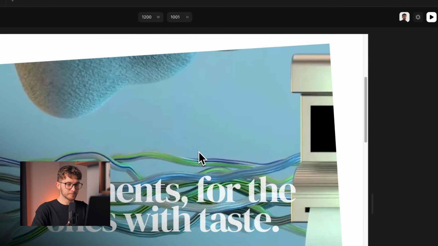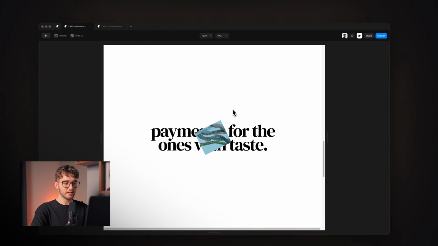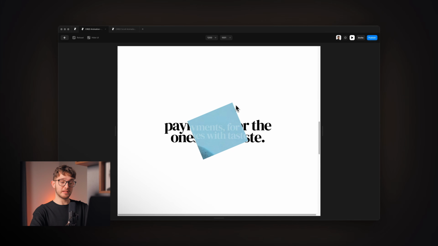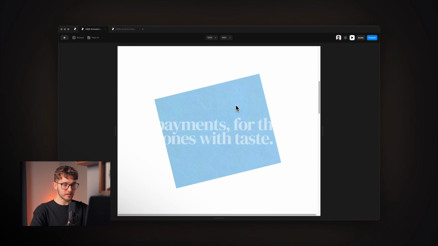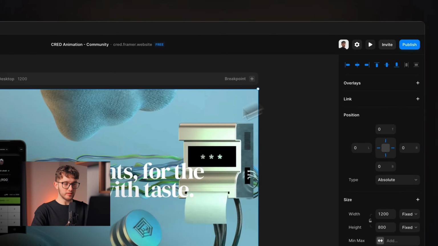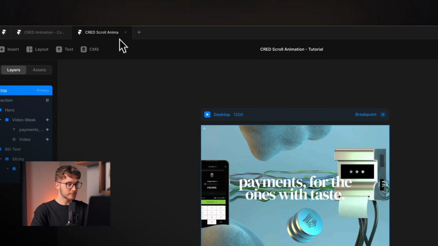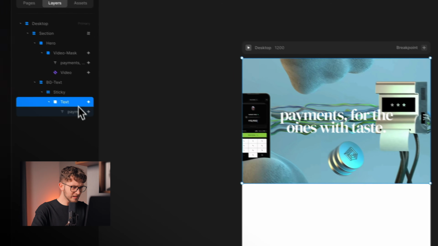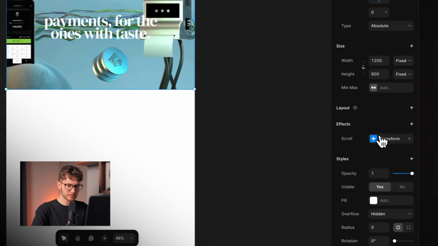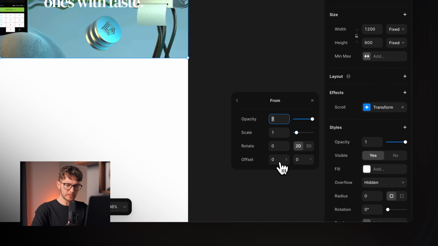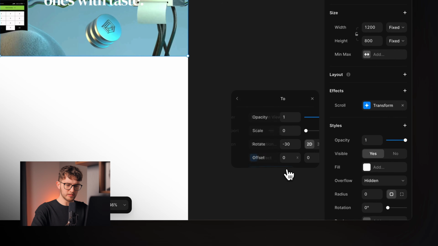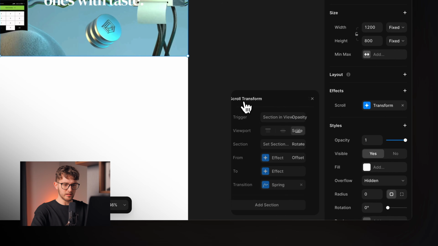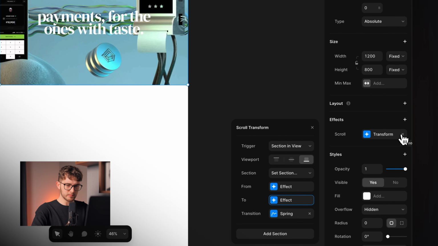Okay, so if we take a look at the original animation, you can see that the text from the background is actually also scaling in. So we're gonna just do that really easily. Let's go to the text, and as you can see, this text has some scroll transform set, so I think we can remove this because it's nothing important. So let's remove this,